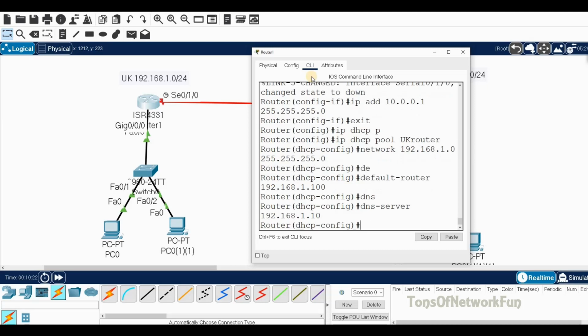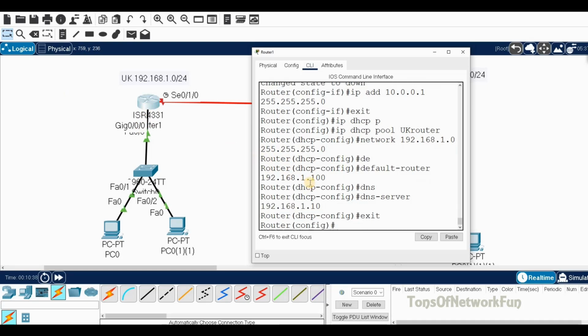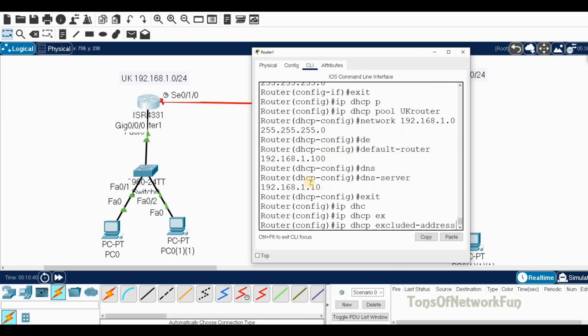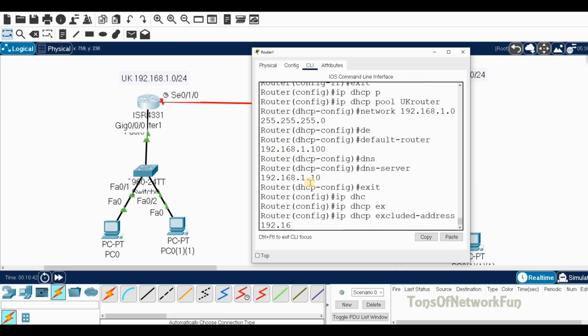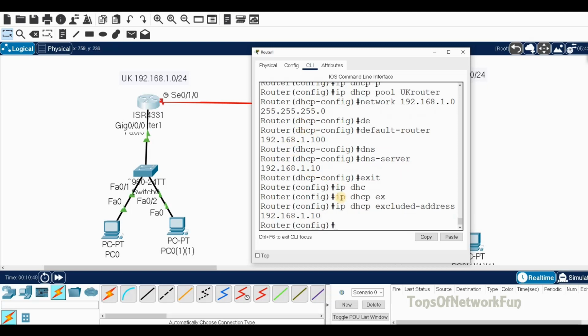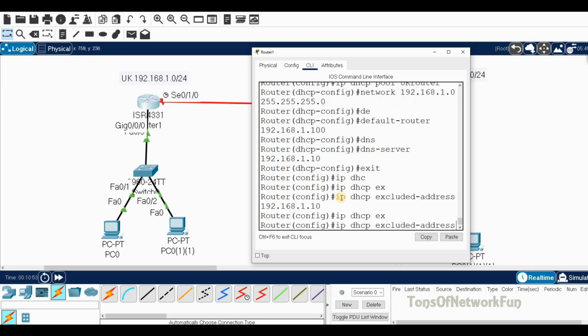And if we want to exclude some, so let's say we can exclude, first of all we'll exclude the DNS server address, and then we'll exclude our default gateway, and if we want to we can exclude some more. So exit, IP DHCP excluded address 192.168.1.10, right? DNS server is 10 we have given, yes, 10, and IP DHCP excluded address, this is our gateway